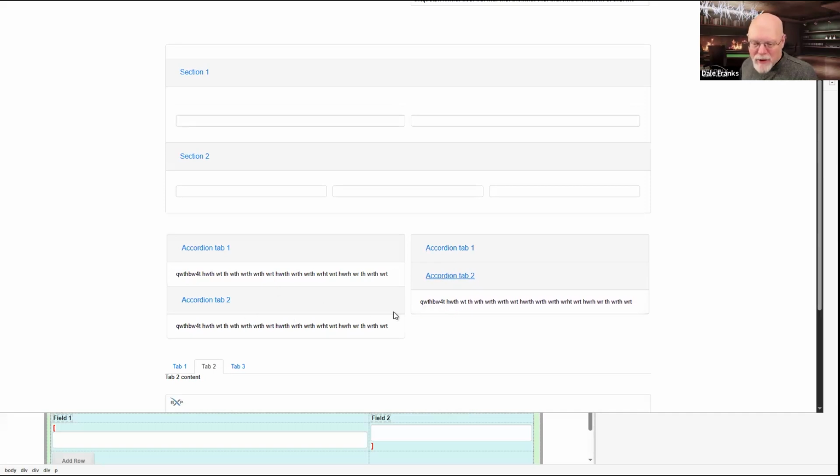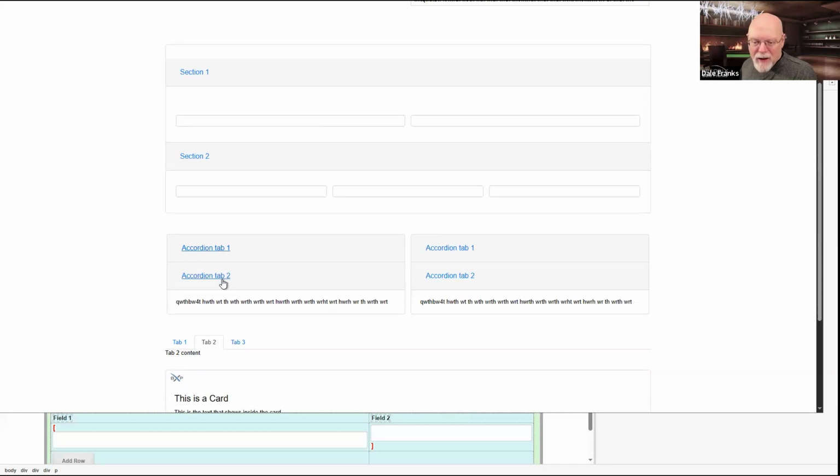See, I haven't messed around here, and see how big my container is? If I do this, my container gets super small, and then I can only show one of my accordion tabs at a time. So notice this behavior.